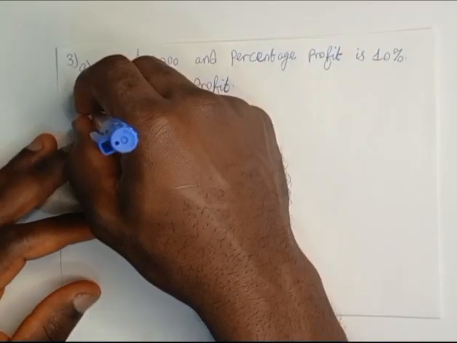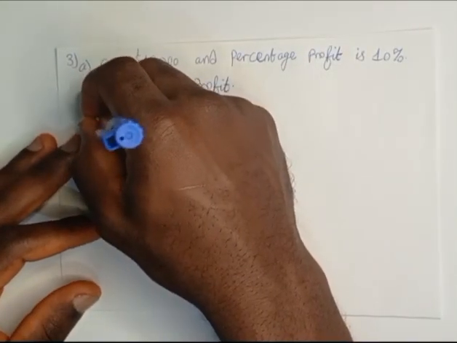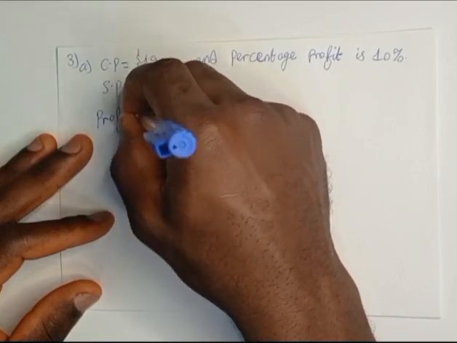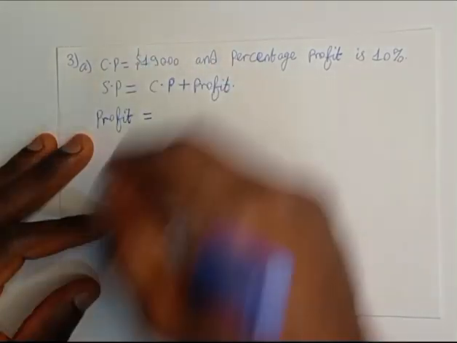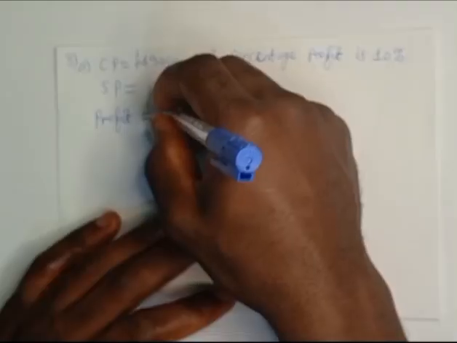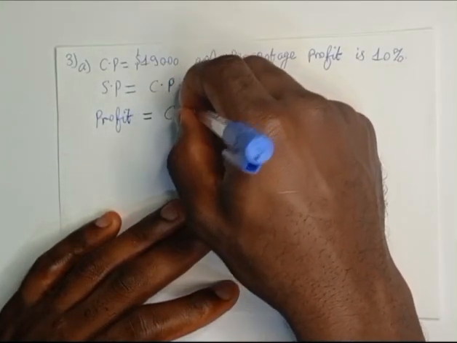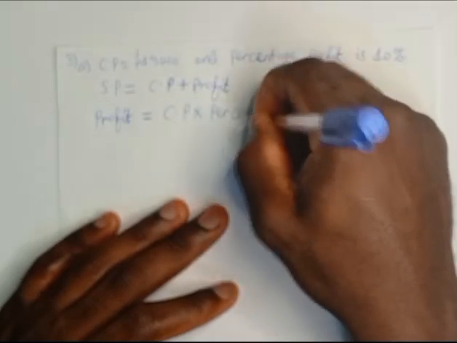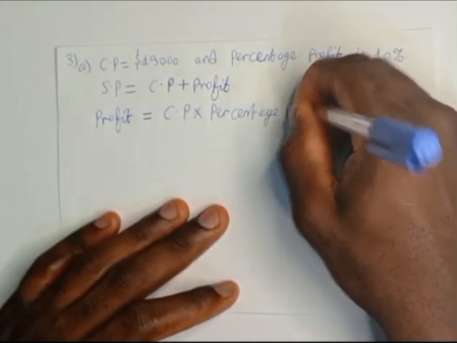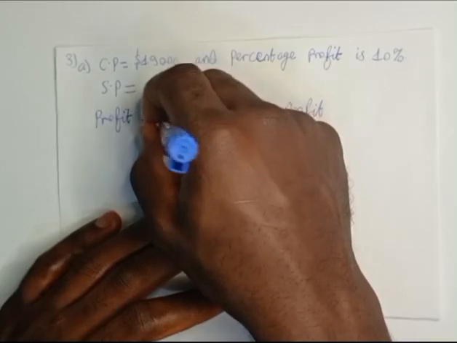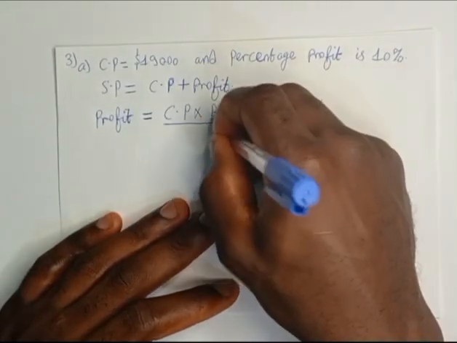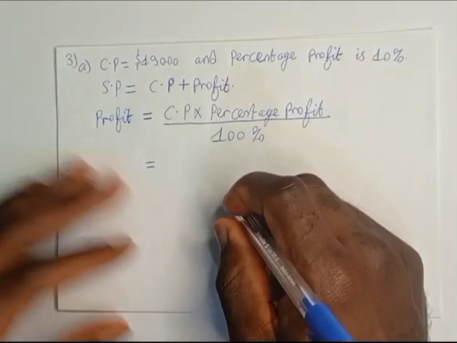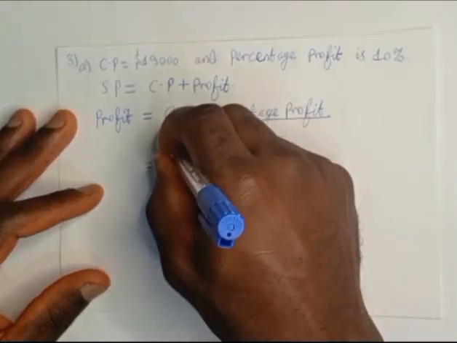The profit will simply be equal to we are going to multiply the cost price by the percentage profit, then we divide by 100%, and this will simply be equal to